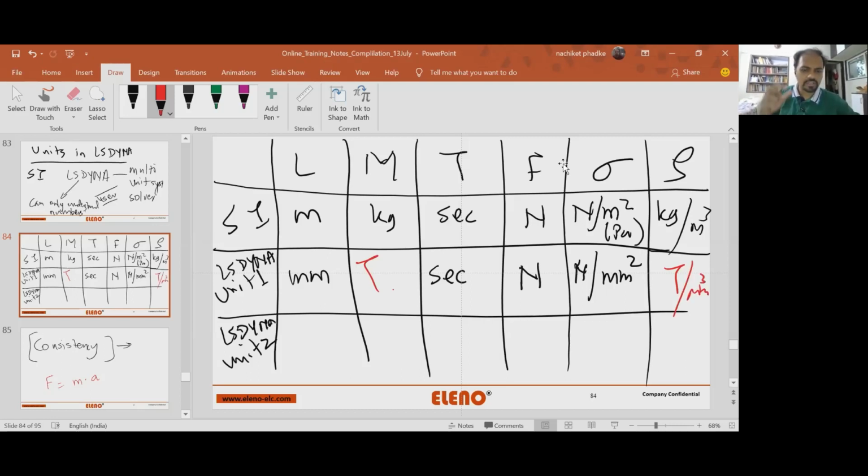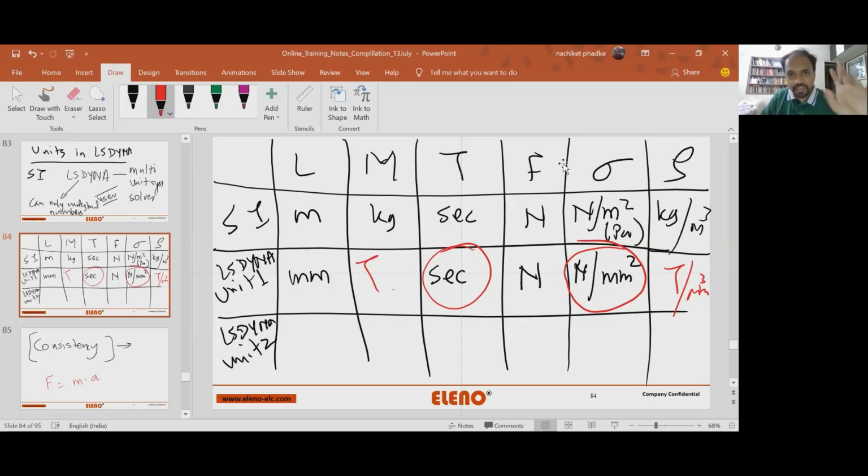Okay, so it is a unit which we typically don't use. I'm not going to measure my pen mass in ton for sure. So this is not something I'm going to do quite often, but this is for getting stress in Newton per millimeter square, and at the same time we are making sure we are not changing our time unit.